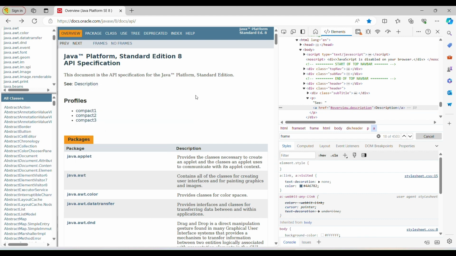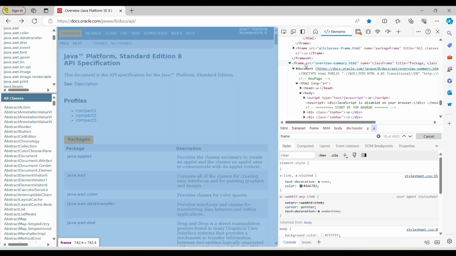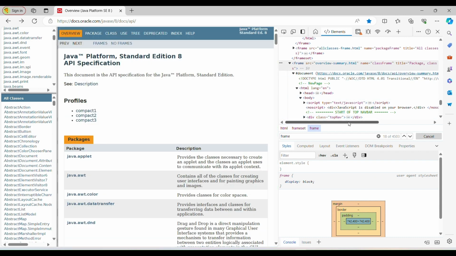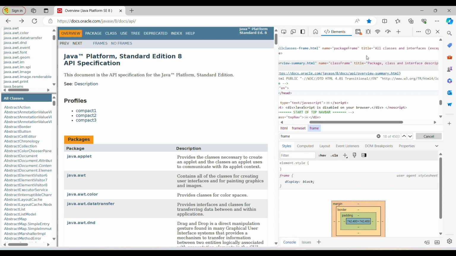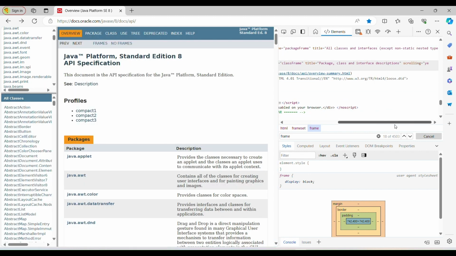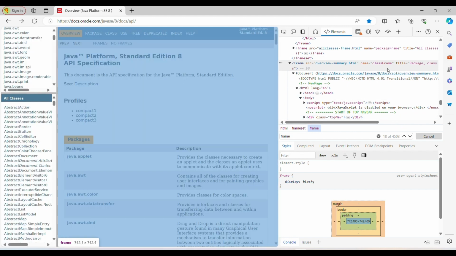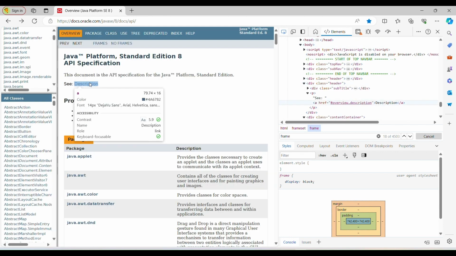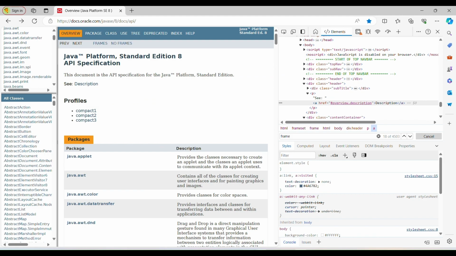So how are we going to handle this? First of all, understand this value is coming inside the frame, because you can see this value. Under this frame tag, what values are available? We have the attribute src, we have name, the frame name is mentioned, and title is mentioned. These two values are available inside the frame tag, and I want to click on this element. So let's create one class and handle this page.